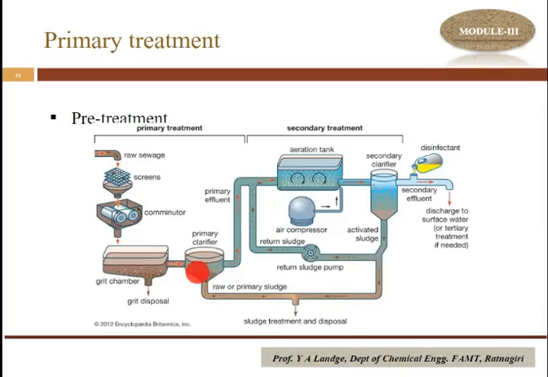So this is a primary clarifier. This portion is the primary clarifier. Whatever solid material is of large size and high weight, or the gravel and sand, can be easily removed in the grit chamber, and then the remaining material that is suspended here, which requires more time to settle down, is sent to the primary clarifier. Once the primary process is over, it is moved into the secondary treatment.